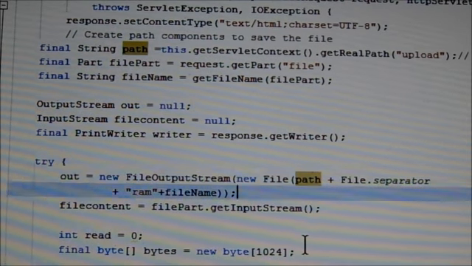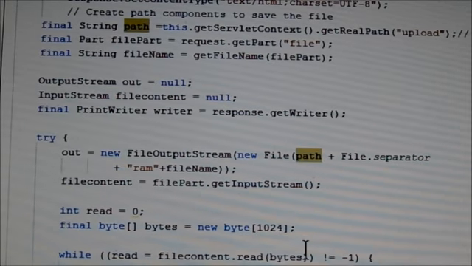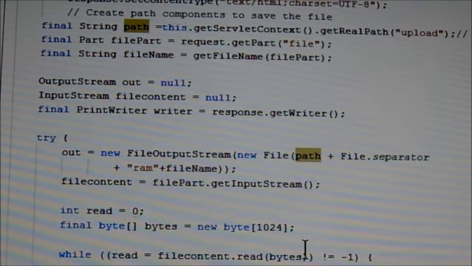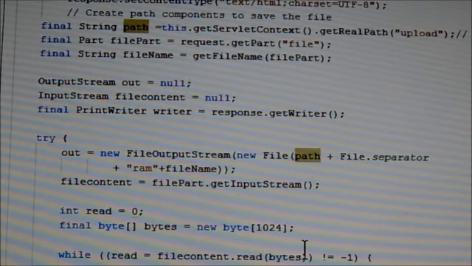And then read equal to 0, final byte array equal to new byte of 1024. The size of the byte array is 1024, and then while read equal to fileContent.read(bytes) not equal to -1, it reads the file.